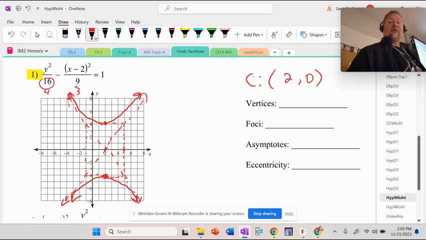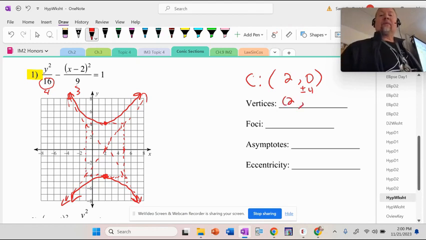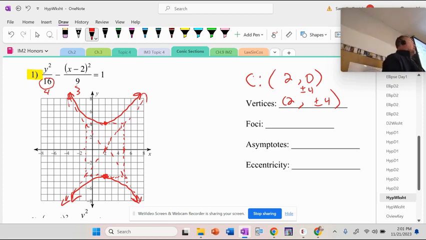So those are vertices, and honestly, I went 4 up and 4 down. So literally, you could just add 4 to the center's y coordinate without graphing, and hopefully you're getting that. Now listen, I can write this one as 2 comma plus or minus 4. And I don't want to do that though if it was 2 comma 1. You're not going to write 1 plus or minus 4. What's 1 plus 4? 5. What's 1 minus 4? -3. That one you're going to write as 5 and -3.